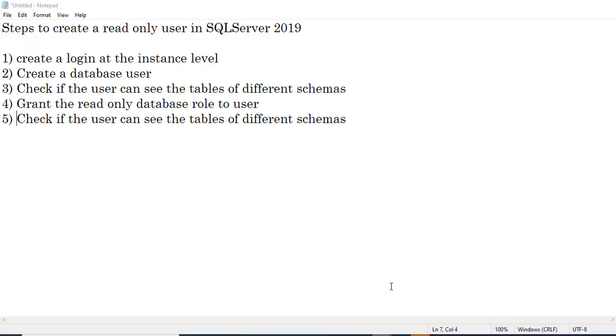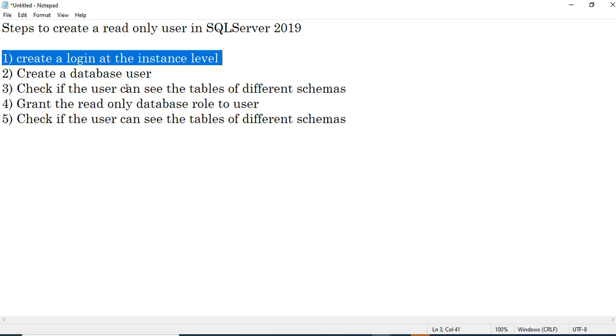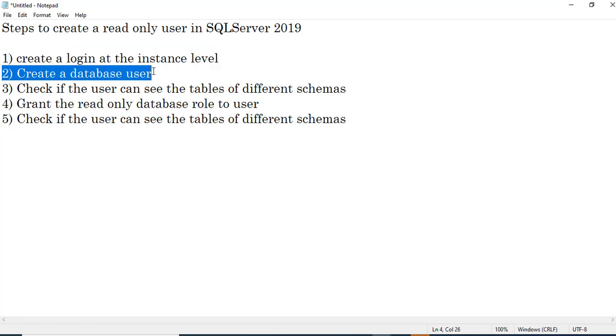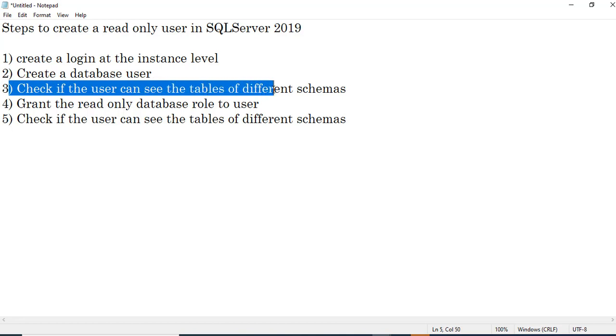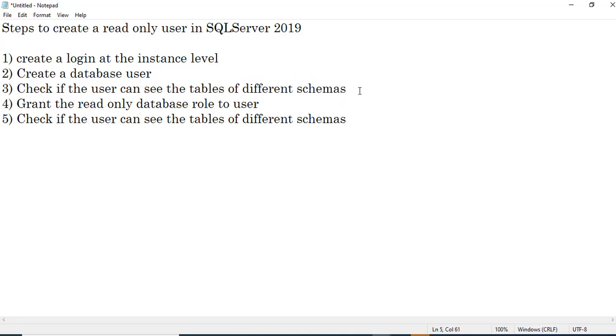Let's come back to our steps. We have completed step number 1, that's we have created the instance level login, we have created a database level user, and we have cross verified whether the user can see the tables in the different schemas. The user is not able to see.